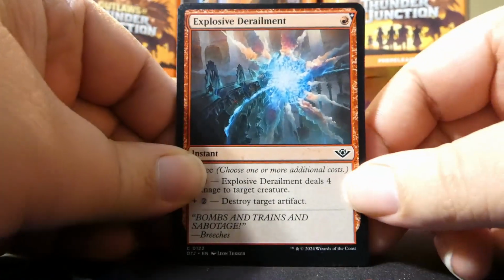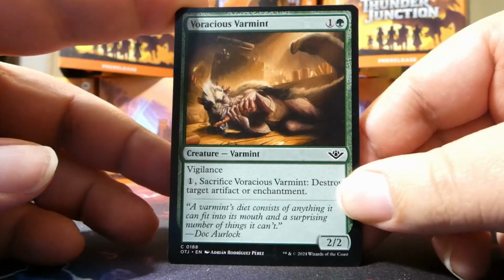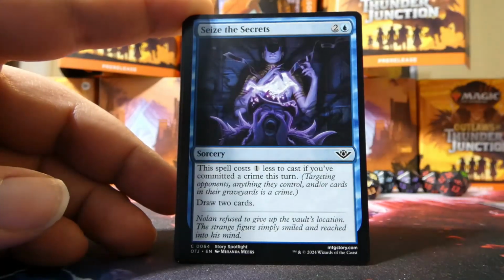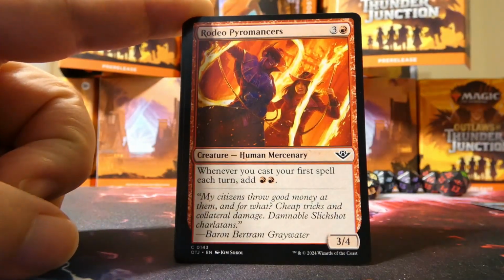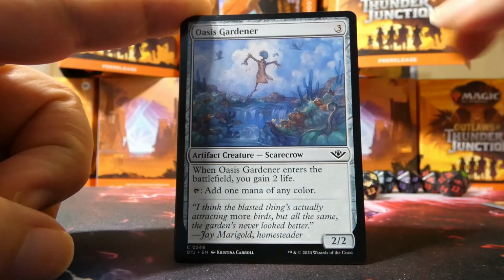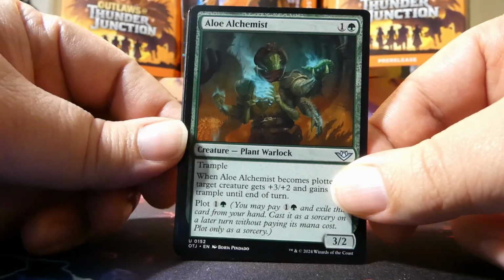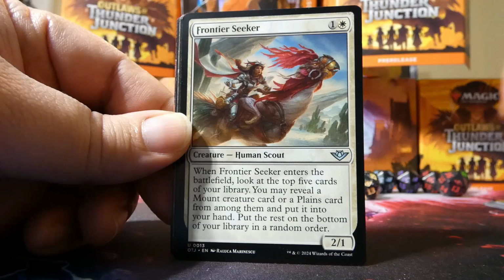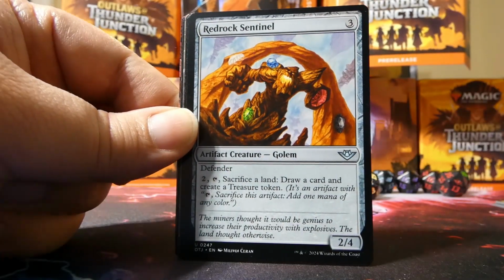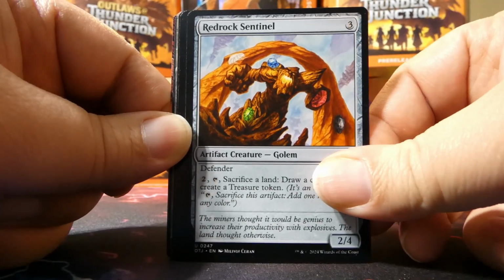Here is pack 1. We start with an Explosive Derailment, a Voracious Varmint, a Nezumi Linkbreaker, Seize the Secrets, Rodeo Pyromancers, Oasis Gardener, another good card to help with splashing if we were interested in that. Aloe Alchemist is our first uncommon. Frontier Seeker is our second. And Red Rock Sentinel is the third, which means our next card is